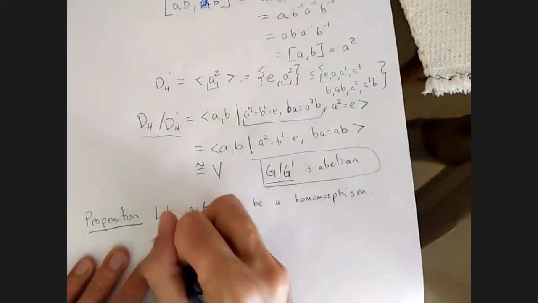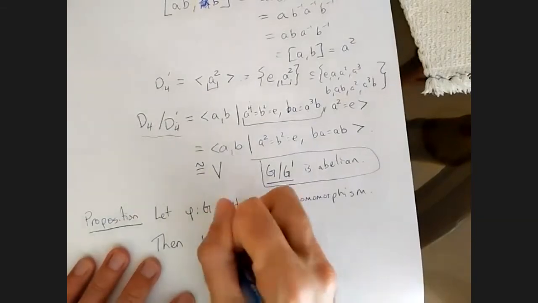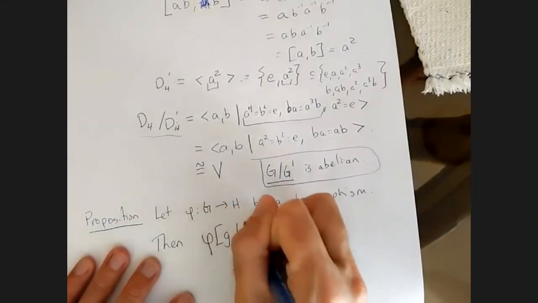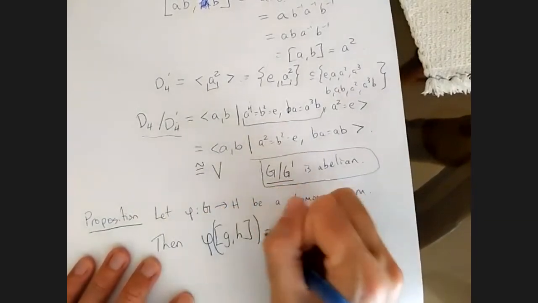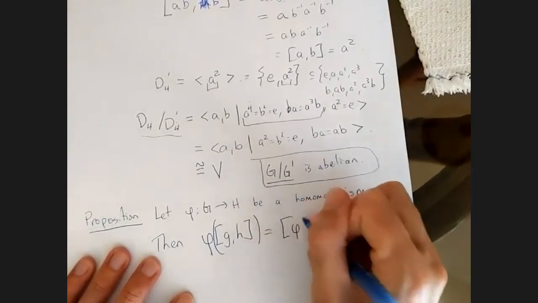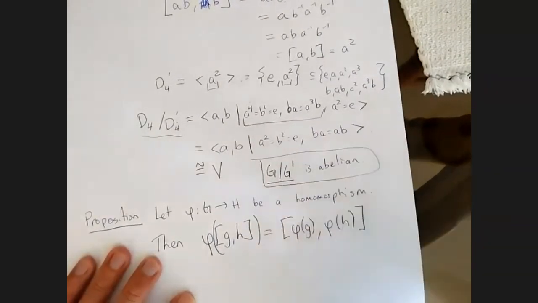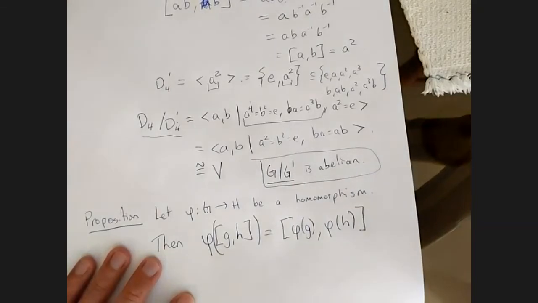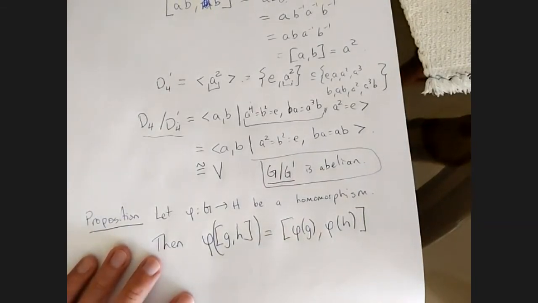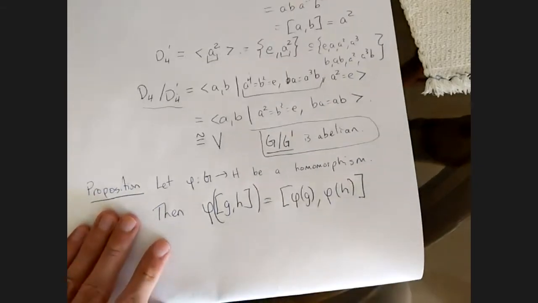Then phi of a commutator is just the commutator of phi applied to its entries. And what that tells us